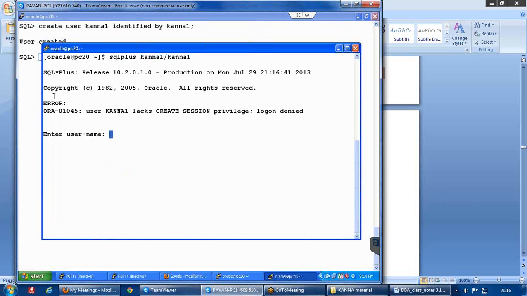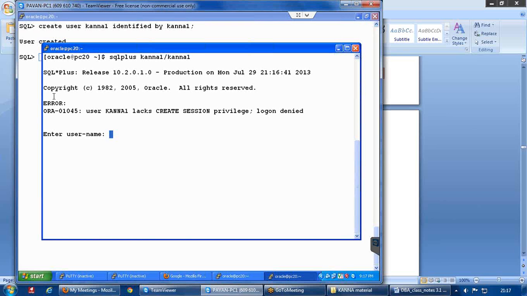You can see it throws an error saying that the user doesn't have create session privilege. Until the user has that privilege, it is not possible for the user to connect to the database.